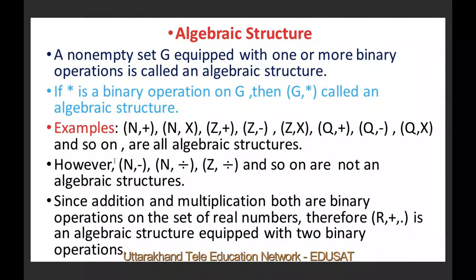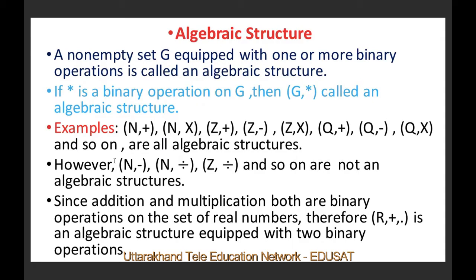So now we come to algebraic structure. Now a non-empty set G equipped with one or more binary operations is called an algebraic structure. If star is a binary operation on G, then (G, star) is called an algebraic structure. For example, the set of natural numbers equipped with the binary operation of addition is an algebraic structure, because we have